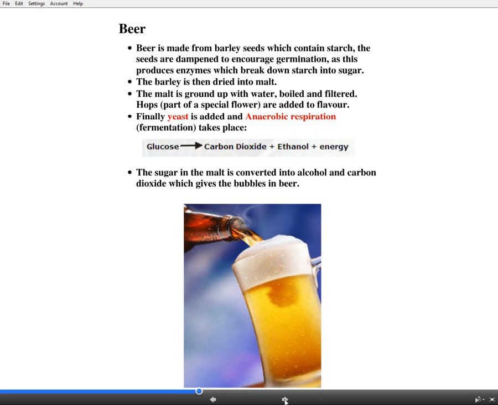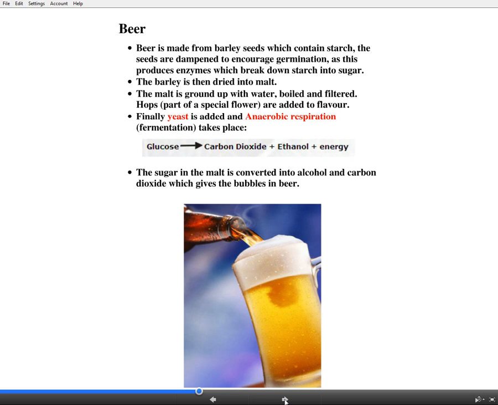So yeast is then added, and again we're talking about yeast, a fungus, which carries out anaerobic respiration, and that's why beer and wine have to be produced in barrels traditionally, or these days sometimes metal vats, like big metal containers, and that's to keep out any oxygen, because if oxygen is present, they won't actually produce the alcohol. So yeast is added, and it carries out anaerobic respiration or fermentation, which is without oxygen,